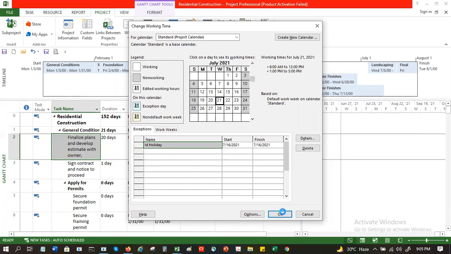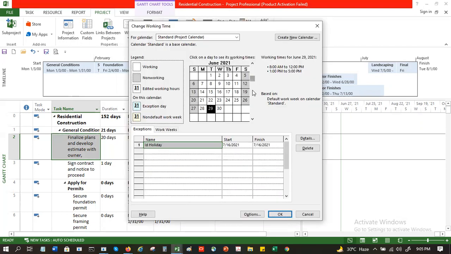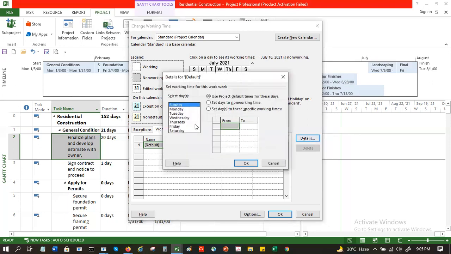I say okay, and I go back to Change Working Time, and July 16th is an exception day. If I want to change the work weeks, for example, I want Saturday to be a working day, then I go to Details and click on Saturday, and I can set specific times, like from 10 o'clock to 14.